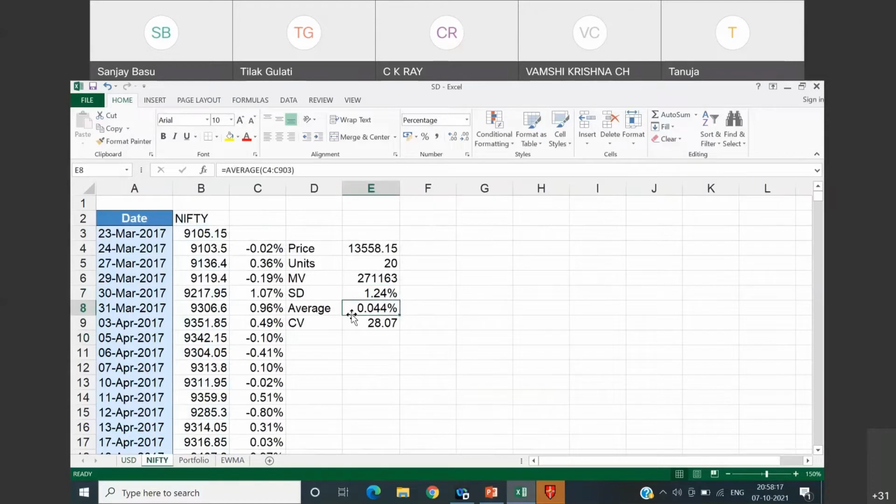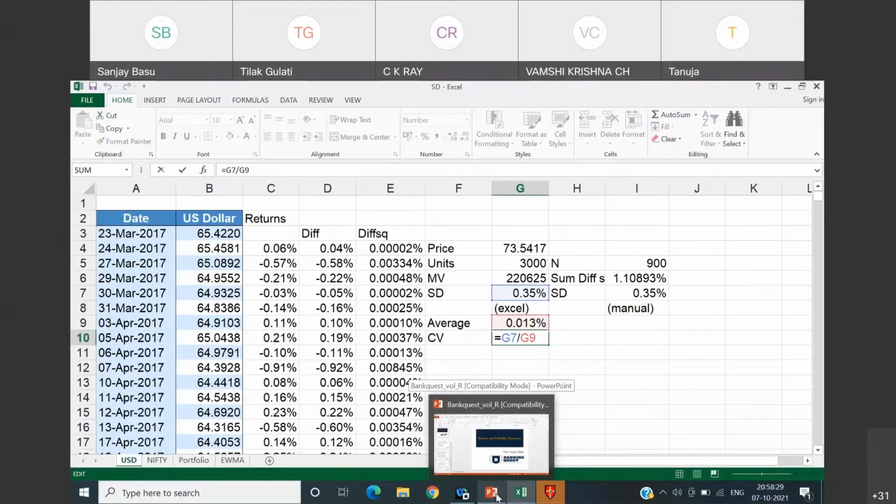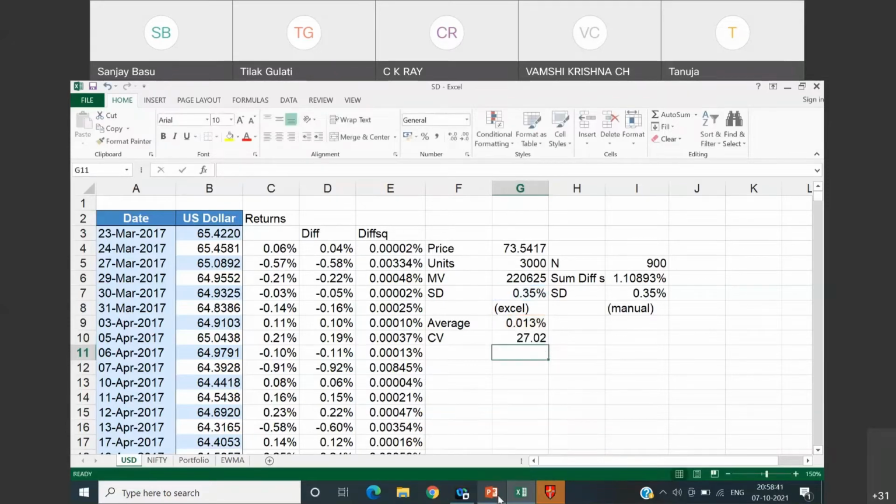So I'm willing to take higher risk as well. So we often compare standard deviation as a proportion of the mean, the ratio of standard deviation to the mean, which is called coefficient of variation. Right? So here you can see the standard deviation is 27 times the mean, the daily standard deviation. This is daily data, ladies and gentlemen. So therefore, here the volatility matters more.